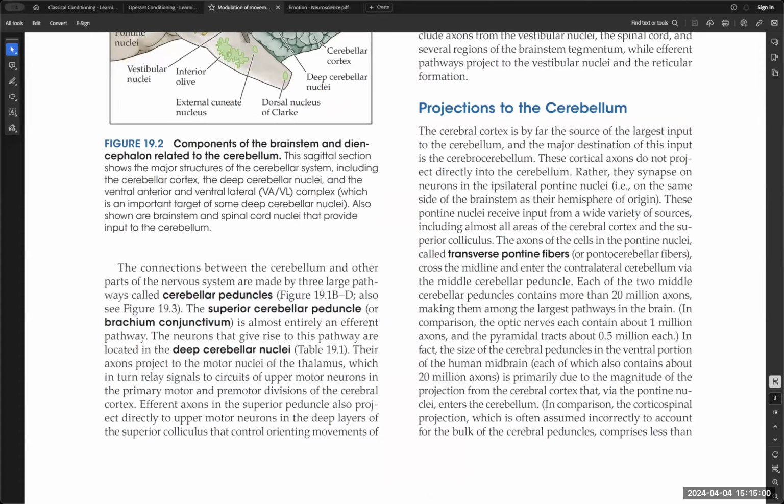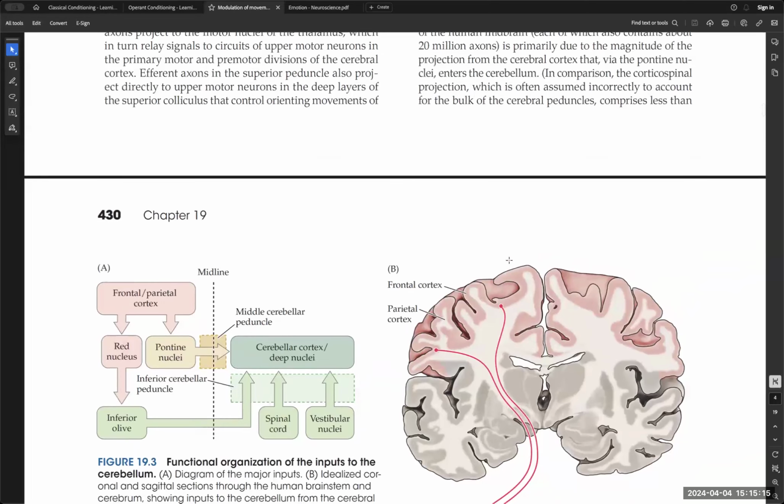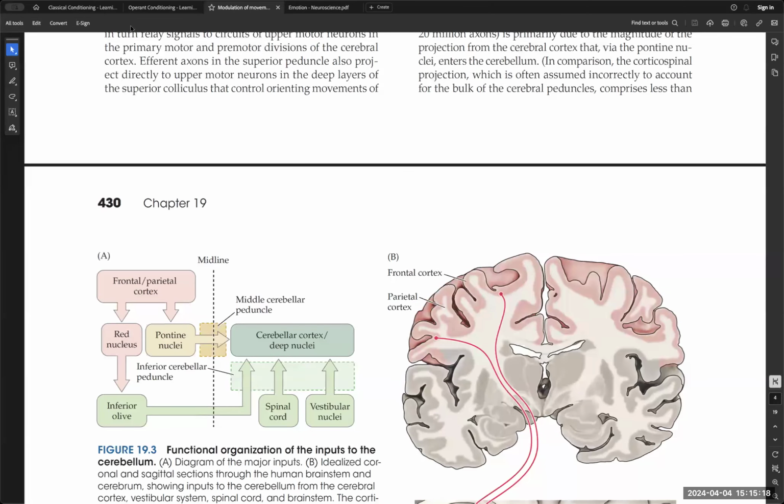And basically, these what we refer to as the transverse pontine fibers are the ones that actually underlie usually these mossy fibers. Okay, so remember that. Okay, so we also talked about the transfer of information in terms of the functional anatomy aspects of it,